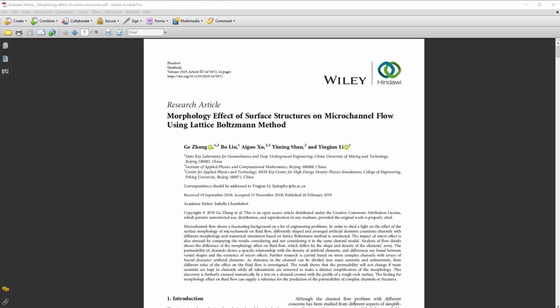Here's an example of a research article that you might be using in your research. It has all of the standard sections to it, but I thought it might be helpful for you to see what those would actually look like in an article. So here we start with the title of the article at the top. You can even see above it there's some more information about who the author is, the title of the journal, the volume, date, how many pages it is, as well as a standard link so that you would be able to return. It's listed as a research article rather than as a response or other kind of article, and then